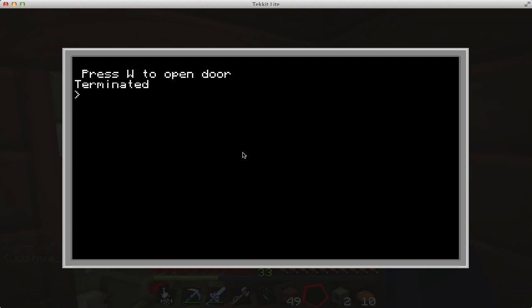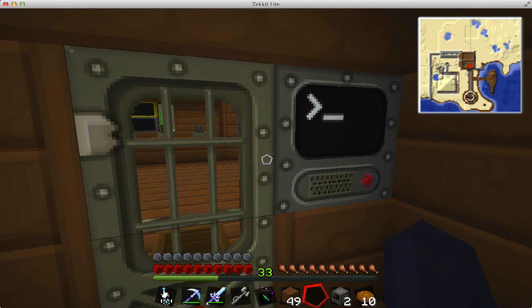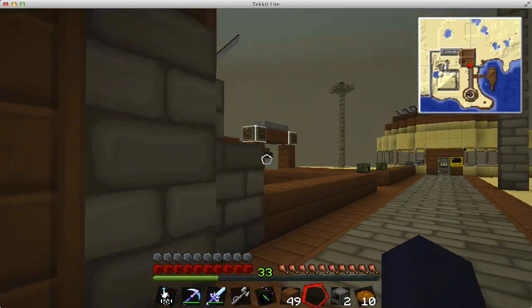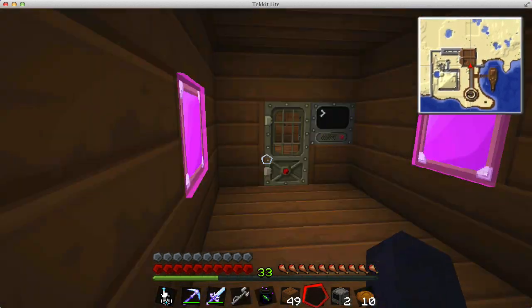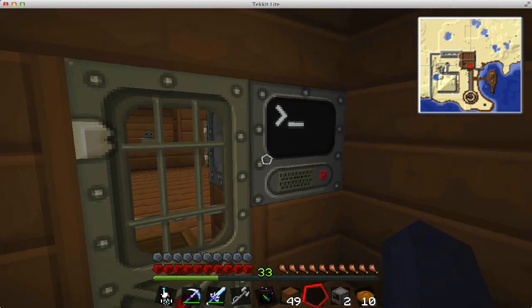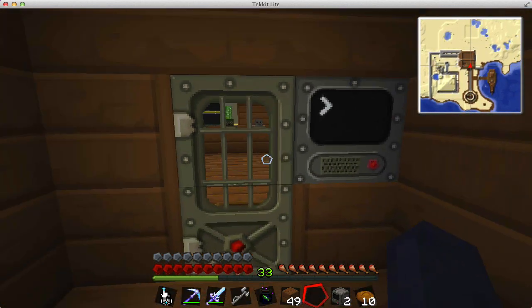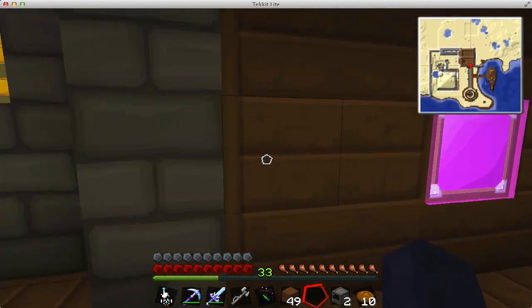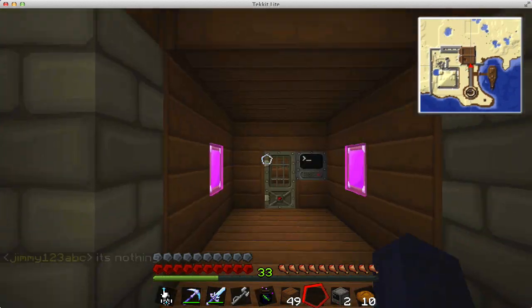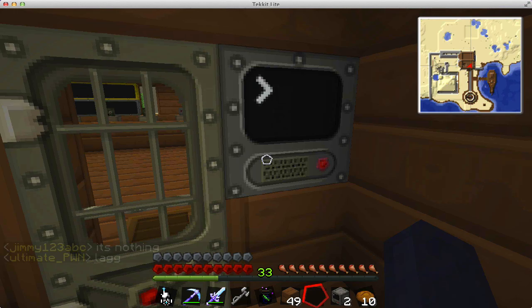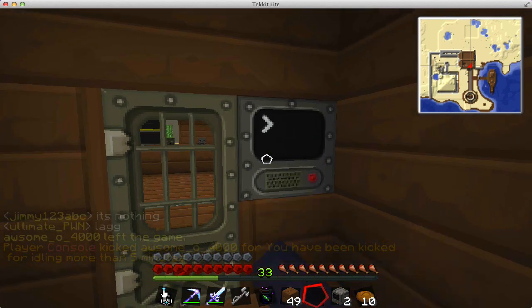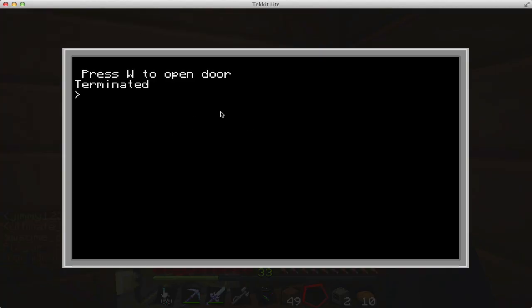So what I'm gonna show you guys is a really cool thing. We're gonna upload this program because I don't just want it on this computer. I want it on that computer, and I want it on another computer over there, and I want it on every single door that I have. I have another door over there. Maybe I want it there, maybe not. So what I'm gonna do,